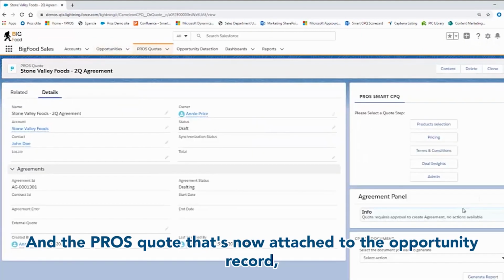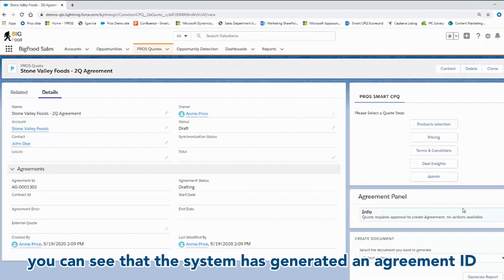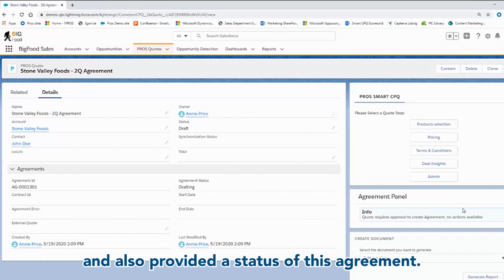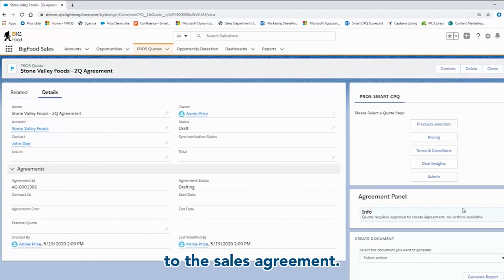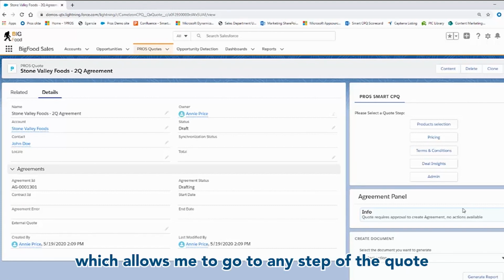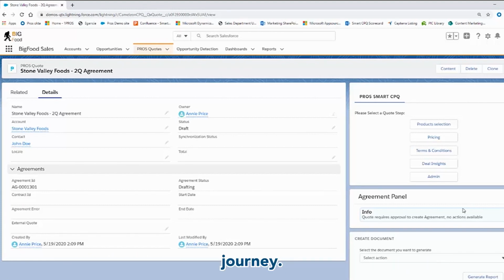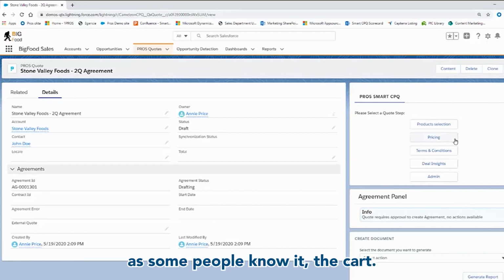In the ProSmart quote that's now attached to the opportunity record, you can see that the system has generated an agreement ID and also provided a status of this agreement. From here, I can start adding products to the sales agreement. ProSmart CPQ includes a guided quoting process, which allows me to go to any step of the quote journey. I'll begin at the pricing step, which will take me directly into the quote, or as some people know it,